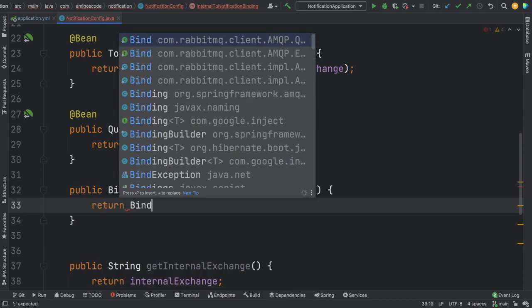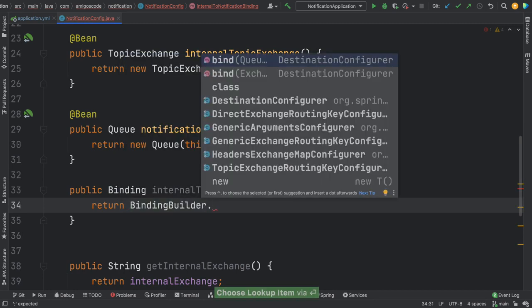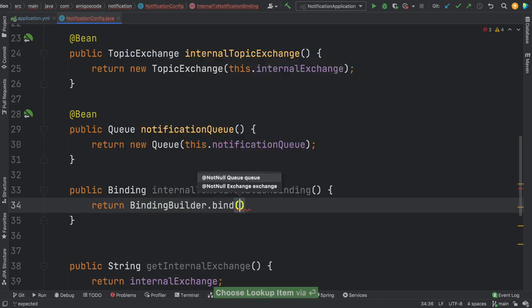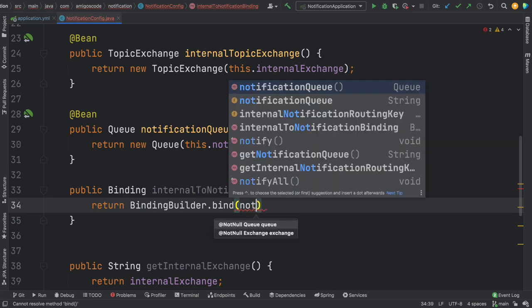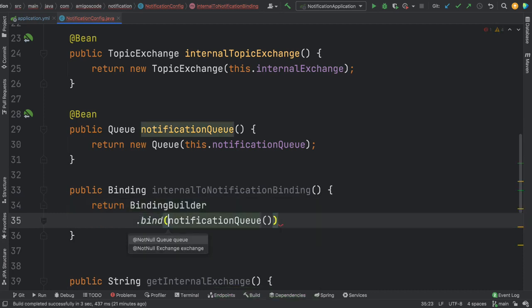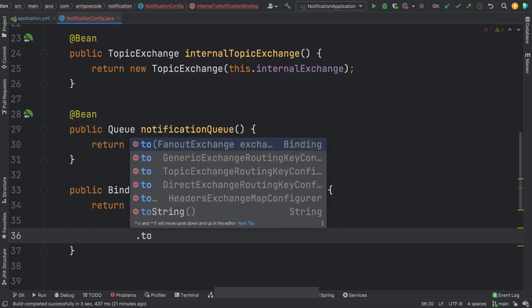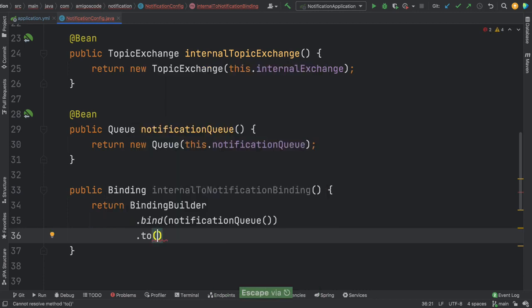Now we can use the BindingBuilder.bind the queue, so notificationQueue, and let me put this on a new line. So we're going to bind the notificationQueue to the exchange, and our exchange is this one here,